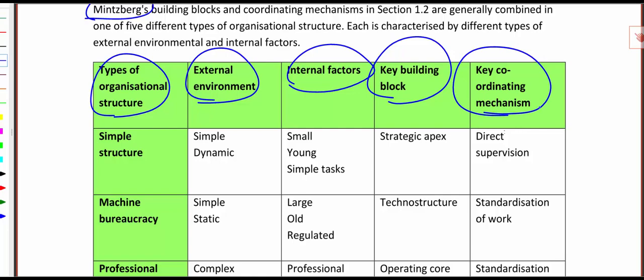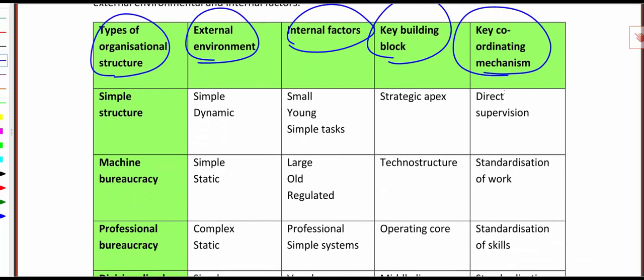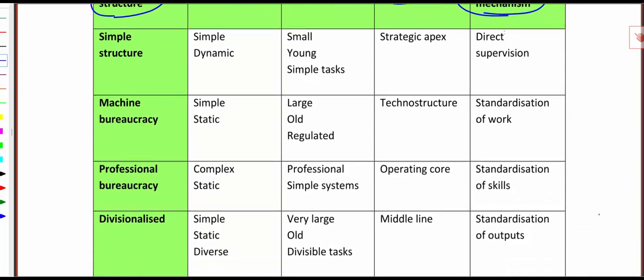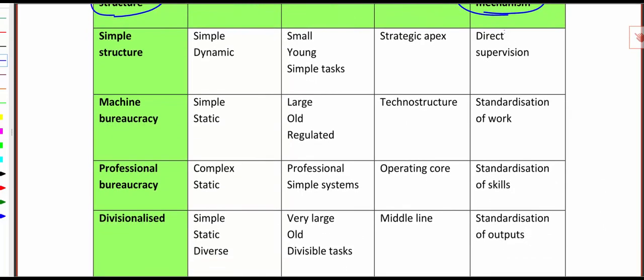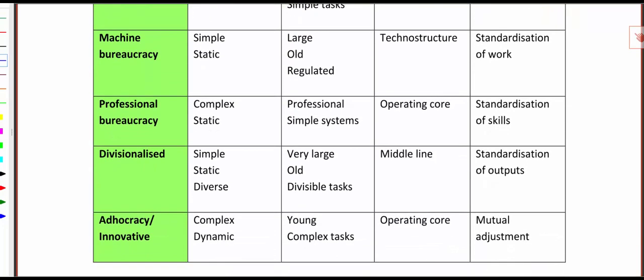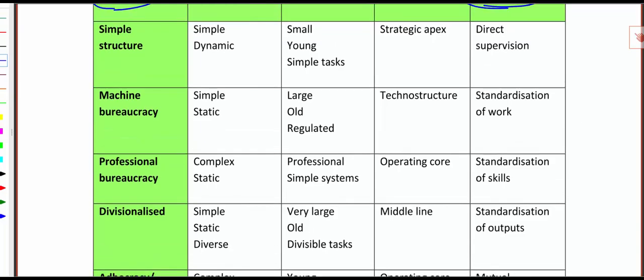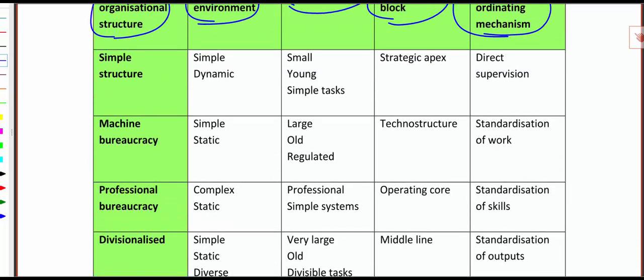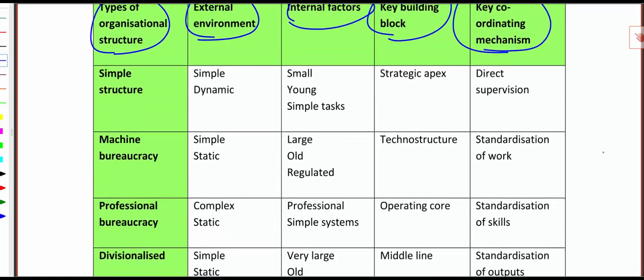So we're actually going to go through these different types of organisational structure in more detail throughout the rest of this chapter. So this is just a nice summary table really for us to have a quick look at. So you can see we've got there the 5 different structures: simple, machine bureaucracy, professional bureaucracy, divisionalised, and then adhoc. So we'll work our way through these throughout the chapter, but just to give you a quick idea here,